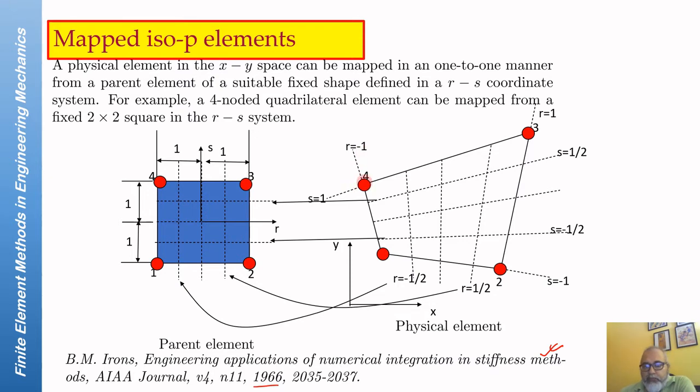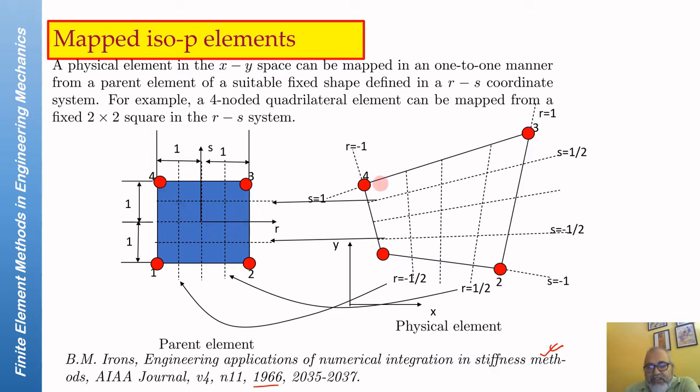Now, this element lies in the xy coordinate system. It can be mapped from a standard parent element which lives in a different coordinate system, which we have called the RS coordinate system. And this is a topologically similar element. It is a square of sides 2 each, and